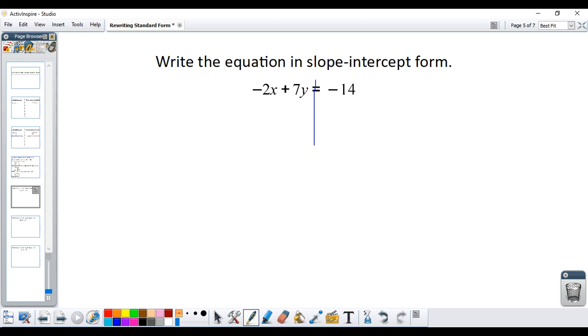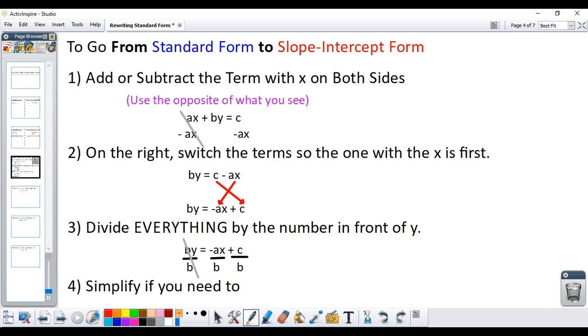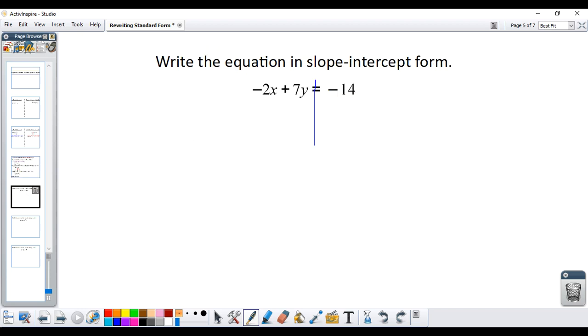And I said that the first thing we need to do was add or subtract the term with x on both sides. So if I look at this equation, I have a negative 2x. So I want to use the opposite of what I see so that I move it from the left to the right. And so the opposite of a negative is a positive. So I'm going to add 2x plus 2x on both sides. On the left side, the negative 2x and the positive 2x cancel, and I'm left with 7y